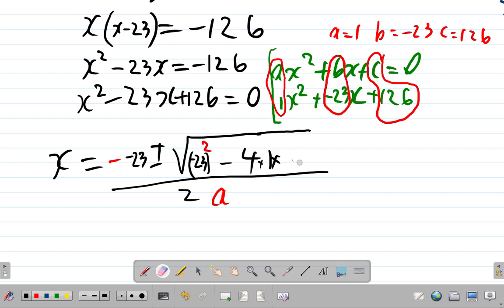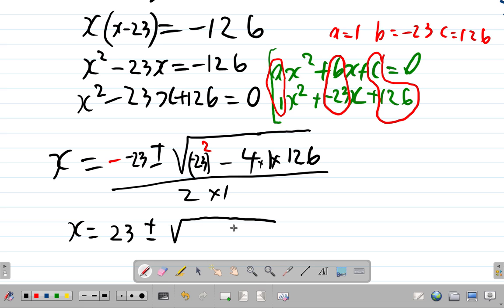C is 126, so it's 126. That will come here. A is 1. So we see here that a is 1 times 1. Alright, nice. So x equals negative 23 means positive 23 plus or minus the square root of